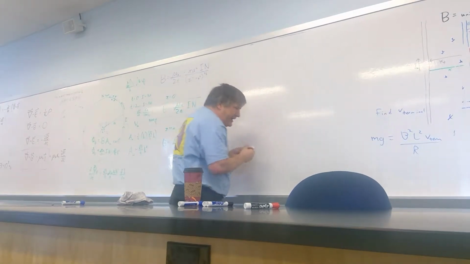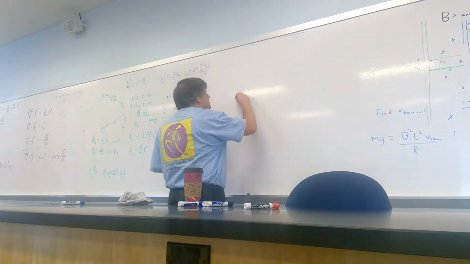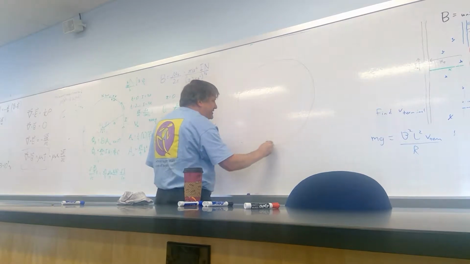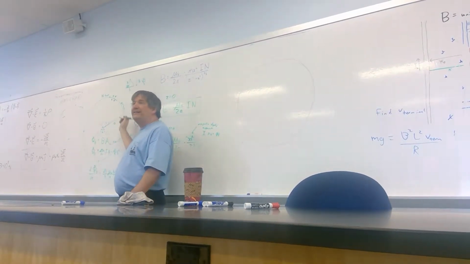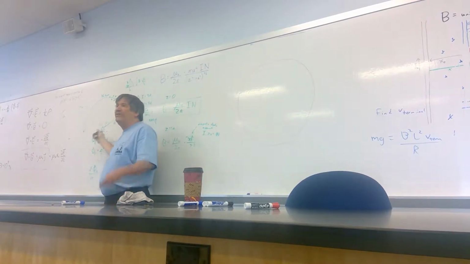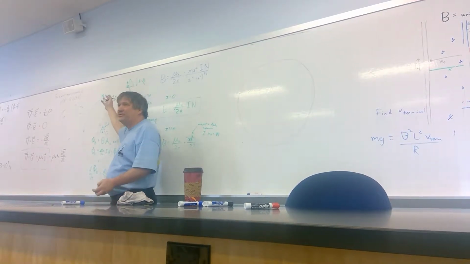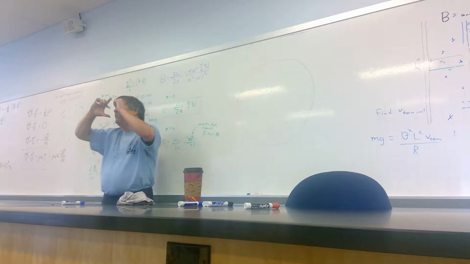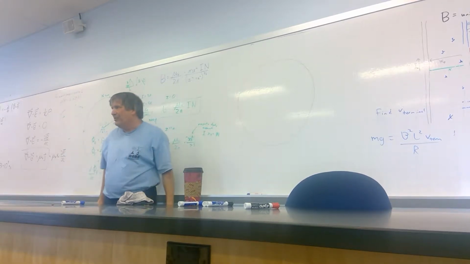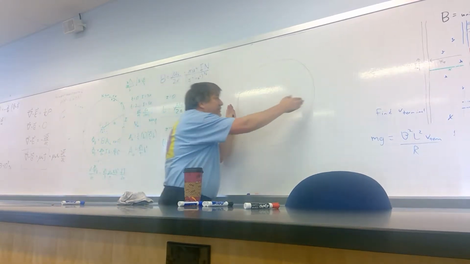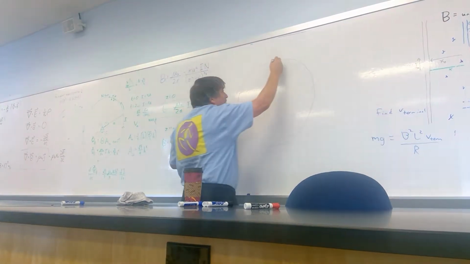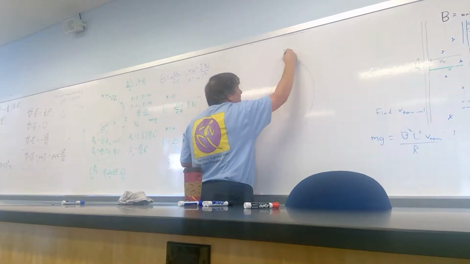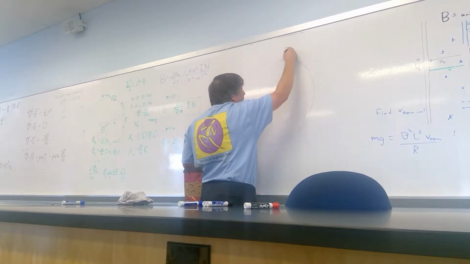Cross-section of our solenoid. The difference between this solenoid that I'm drawing now and the circular loop that I was drawing before is that the circular loop was just one loop of wire. I mean, okay, one loop with N turns to it, but it was not a long uniform cylinder the way a solenoid is. This solenoid is going to be a cylinder of wire that continues out of the page, and rather than the important thing being just the number of turns in the wire, the important thing ends up being